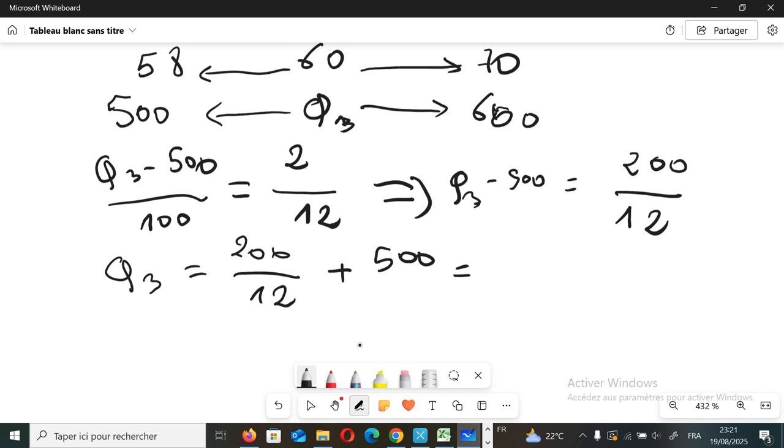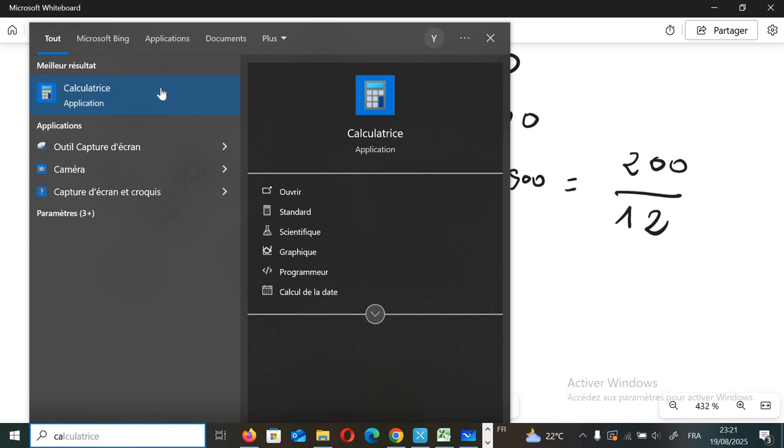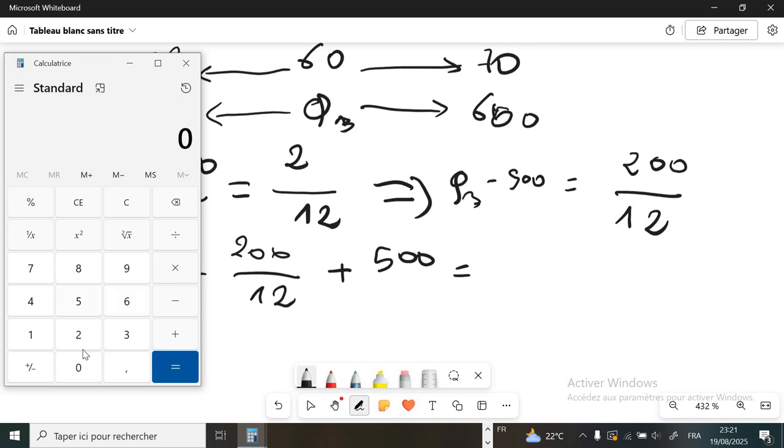We calculate 200 divided by 12, which gives us 16.666. Plus 500